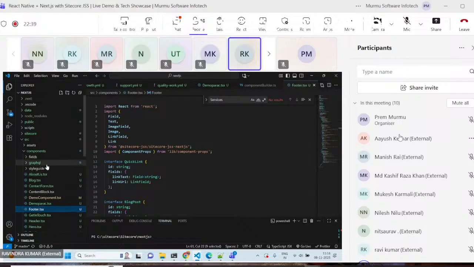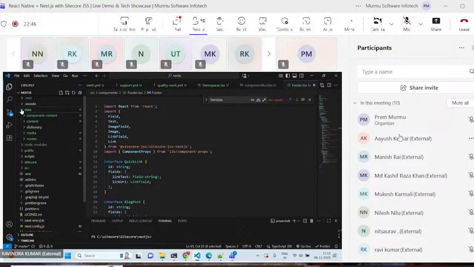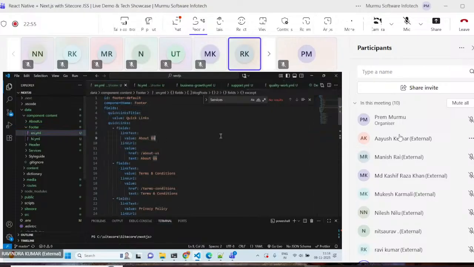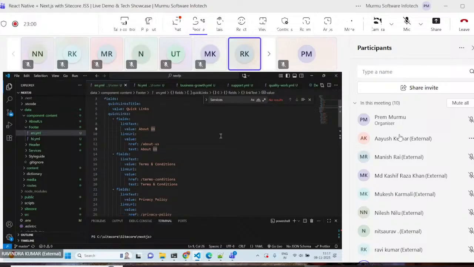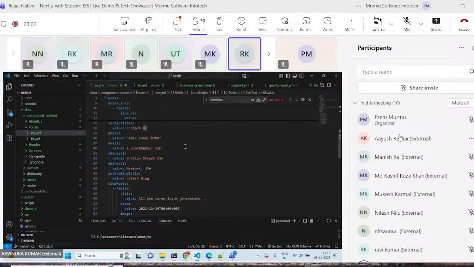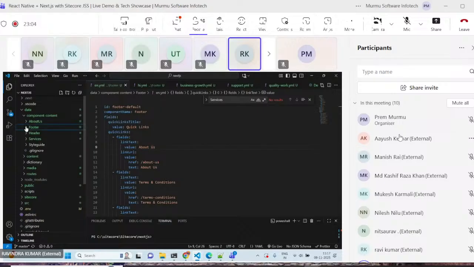For this reusable component, we are creating it under the component content, under components, here is the footer. This footer we can reuse in multiple pages, like I have an about page, blog page, services page. So let's see how I use this footer in